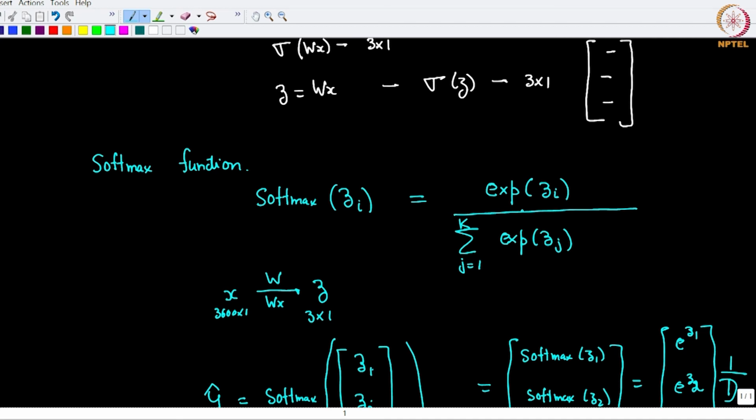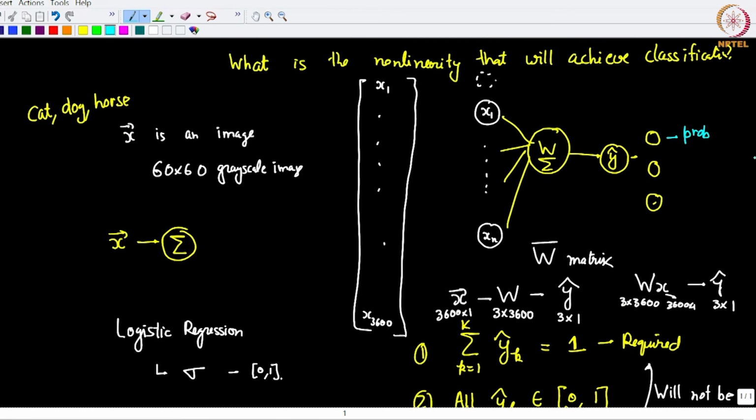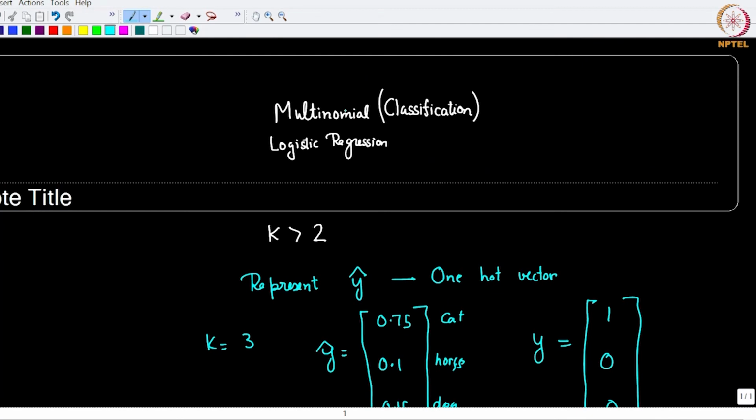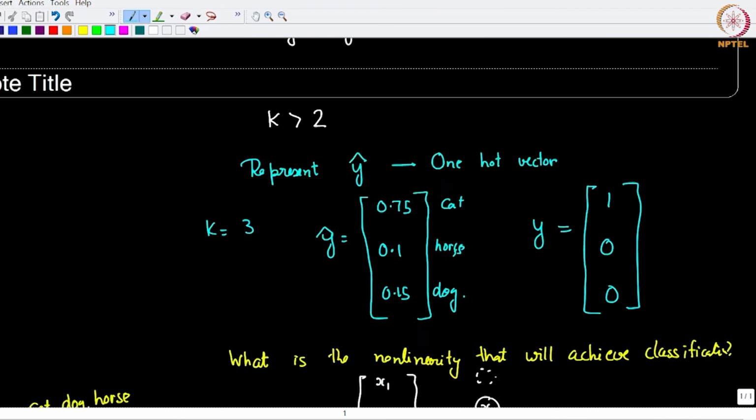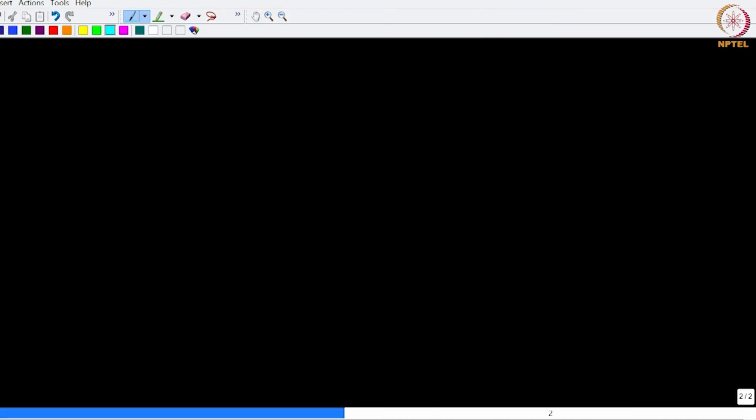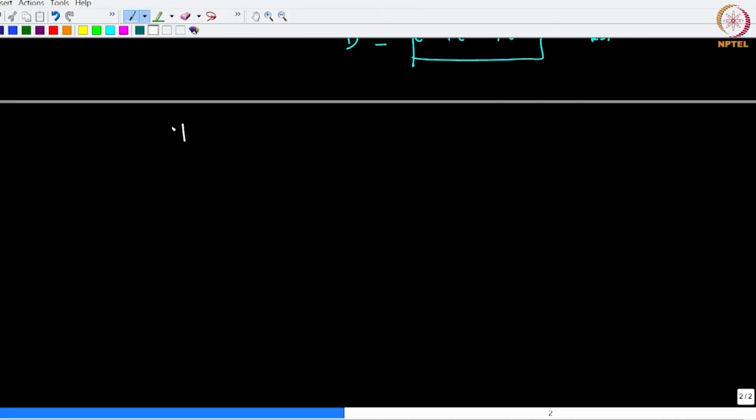So, just to recapitulate what we have done in this video, it is a very simple idea. In case you have a one hot vector as a classification representation of your final output, all you need to do in the final layer, or in the layer after the linear combination, is to add a softmax. Once you add that softmax, you get a proper classification, and this is your forward model for the multinomial logistic regression case. So, recall that we have looked at two things: the binary logistic regression,